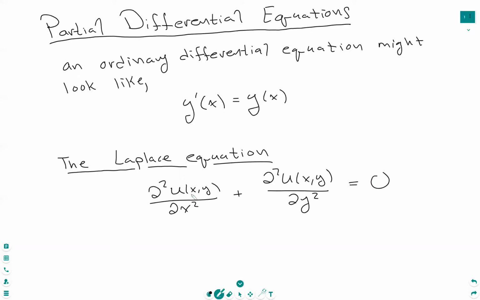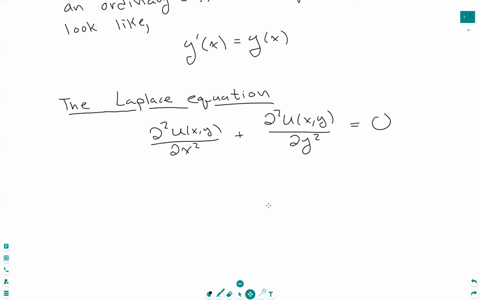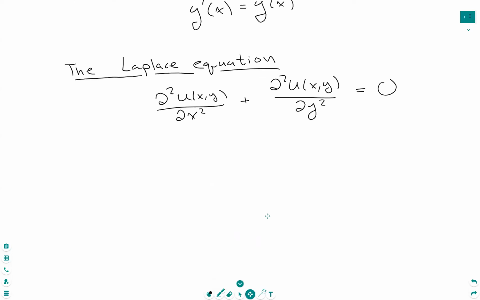So the goal is to find this u that satisfies this expression. We're not going to talk about how we do that, but we're going to see if something is a solution. So all we're going to do is just plug it in, see if it works. So this has a lot to do with heat conduction, fluid flow, electric potentials. Solutions to this